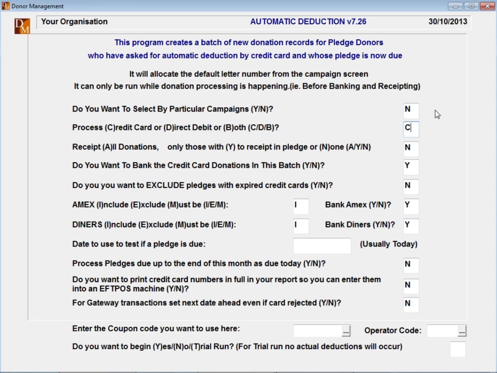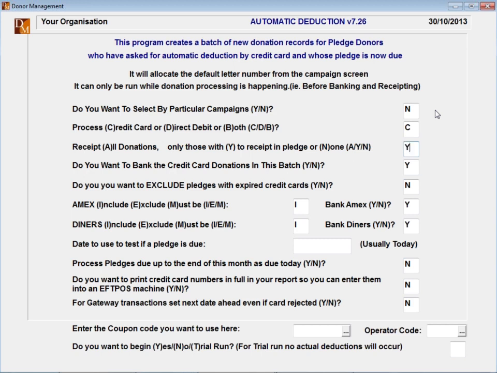In this case, I'm going to say I'm going to do a credit card batch. Normally with the auto deduction pledges, what I don't want to do really is send these people a receipt for every payment that they make. There is a question on the pledge record itself that's got receipt yes or no, which means you may have somebody who says, look, I'm going to give you money every month, but I do want a receipt every month.